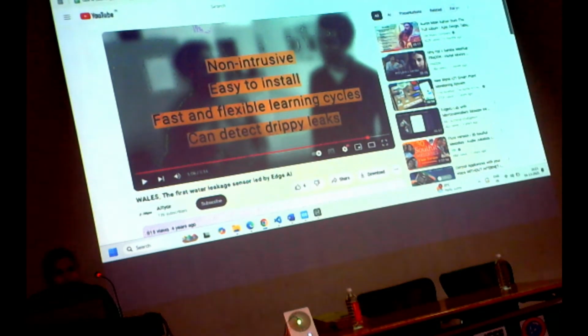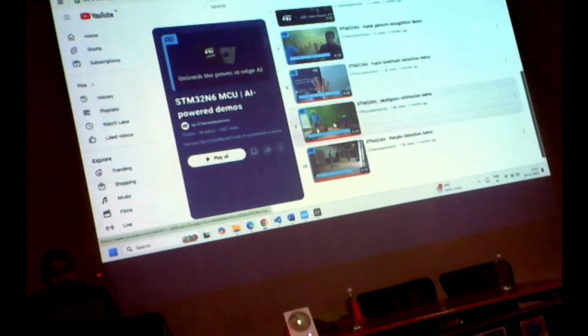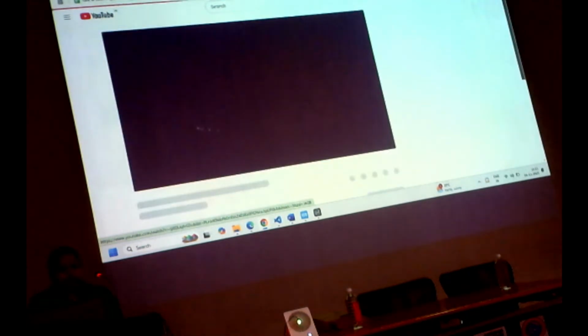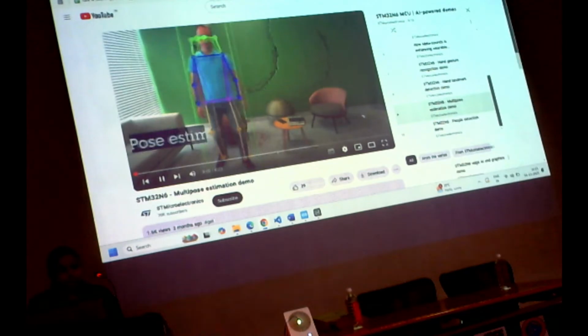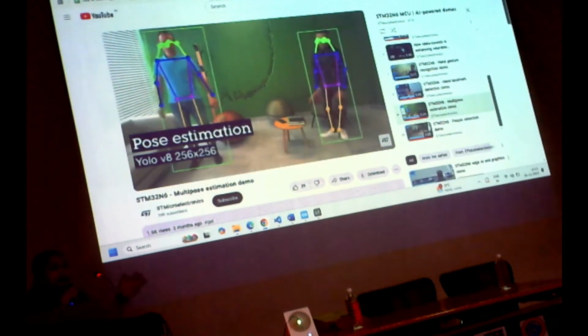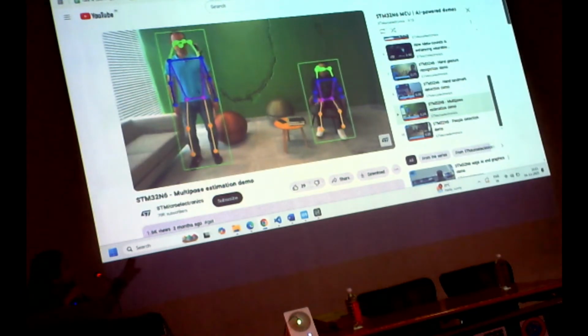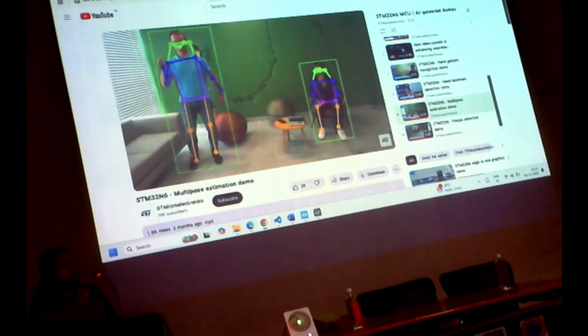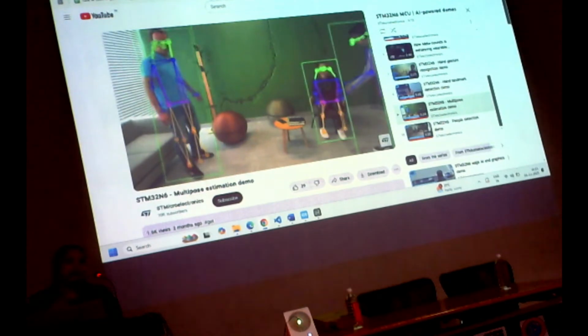I had one more video to show. This is based on Vision AI, where we can use camera modules. There is another board which is based on the ARM Cortex M7 processor. So that is also there. And you can use it for pose estimation, behaviors of students, all these estimations can be done with the camera and the Vision AI